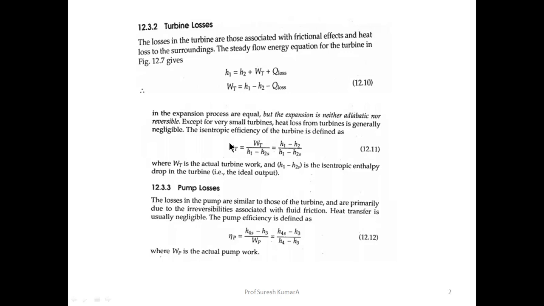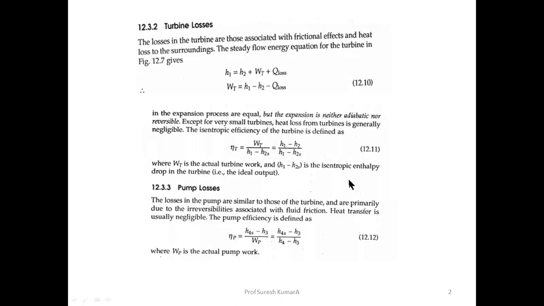When I say turbine efficiency here, it is zeta T, which is shown over here. It is the ratio of actual work done, the turbine work, H1 minus H2, divided by ideal work done, H1 minus H2s. H2s represents the isentropic process, the vertical line. Sometimes this H2 is also written as H2 dash, which I have shown earlier. H1 minus H2 dash divided by H1 minus H2s. You can write it like this also.